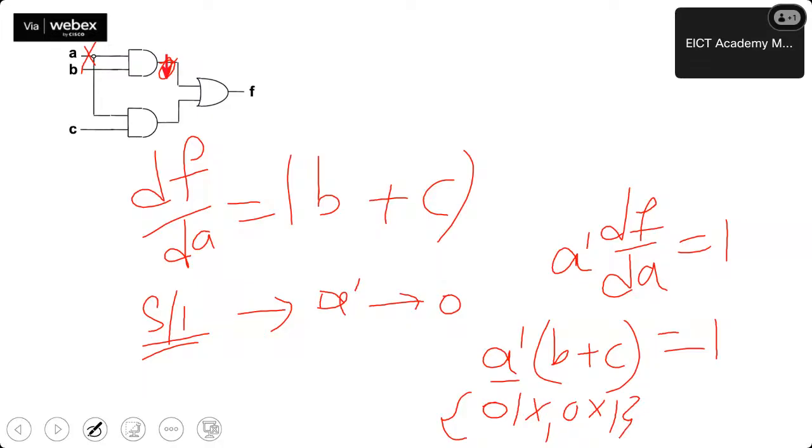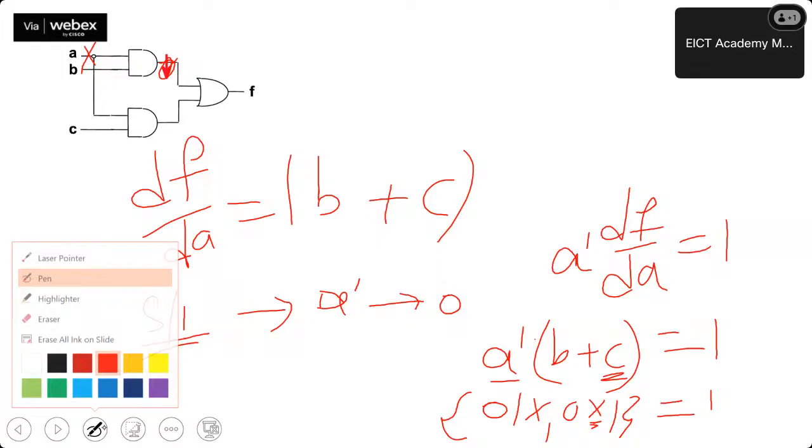X means if C is 0 or 1, I don't care because B was 1. And this X means B is expected to be anything if C is equal to 1. And this gives me 1. So basically these are three minterms: 0, 1, 1, 0, 1, 0 and 0, 0, 1. These are the three minterms I will be having in this case. I hope you got it. Likewise, we can take it for